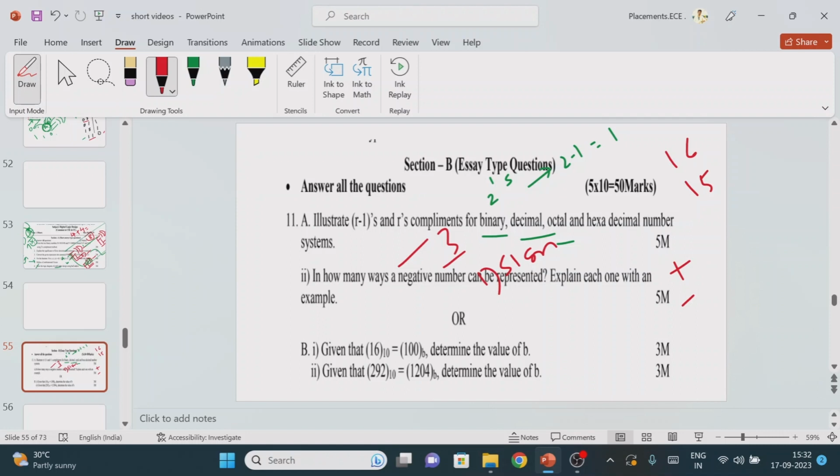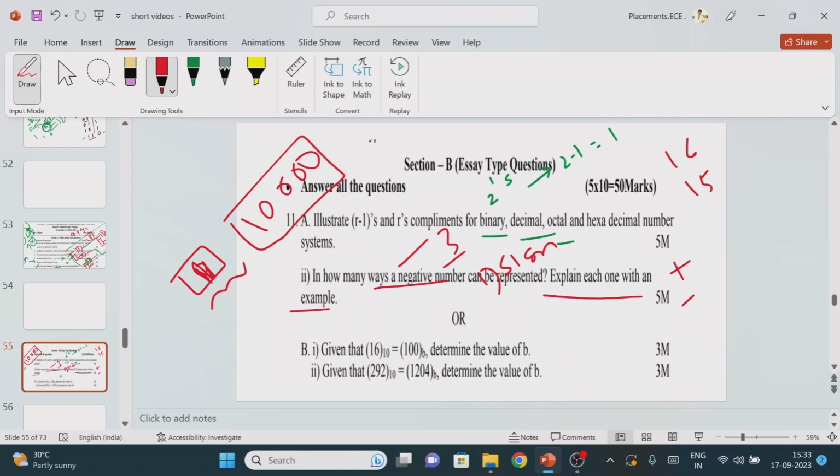In the sign magnitude form, we have a sign bit value, and the rest is the magnitude. Suppose the number is something like 16, which is 1 0 0 0 0. To find whether it is positive or negative, we use the sign bit. If it is 0, it represents a positive number. If it is 1, it represents a negative number. We also know how to find the 1's complement as well as the 2's complement. For each one we need to give an example.